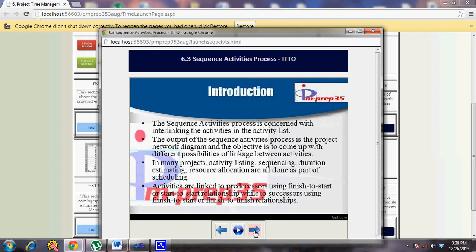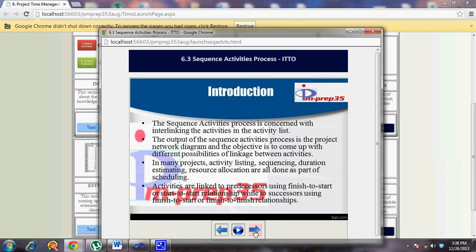Most project management software uses the precedence diagramming method, which uses the activity on node style of diagramming. But there is the other diagramming method called the arrow diagramming method, which uses AOA, or activity on arrow diagramming style. So these are the two types of diagramming method, PDM and ADM, but PDM is mostly used in most of the software because it supports all four relationships, but finish to start is the most commonly used relationship.